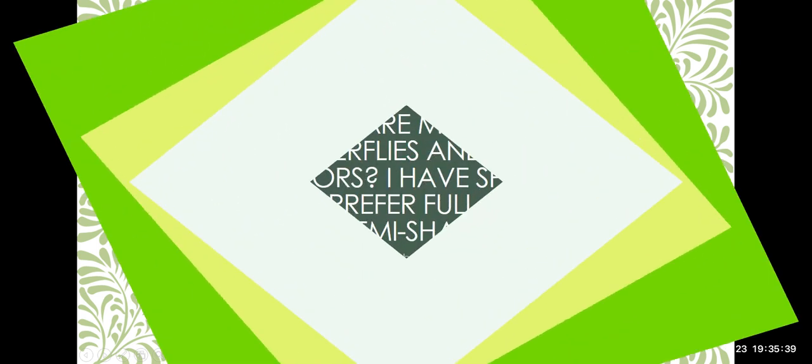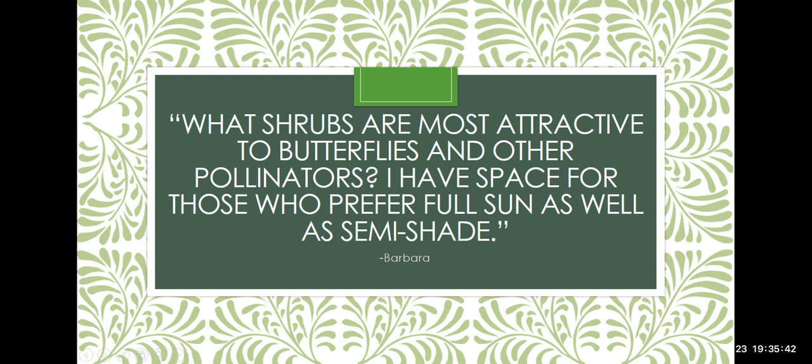Now we'll go to Barbara. What shrubs are most attractive to butterflies and other pollinators? I have a space for those that would prefer full sun as well as semi-shade. So